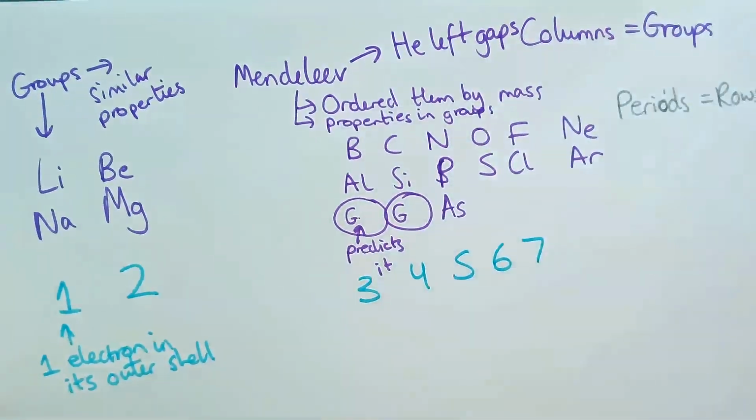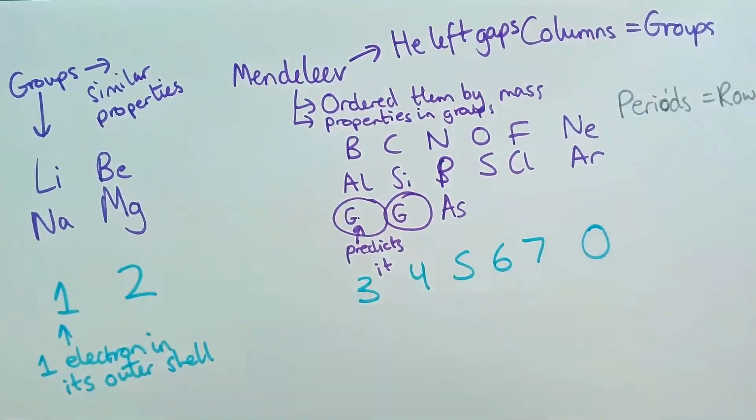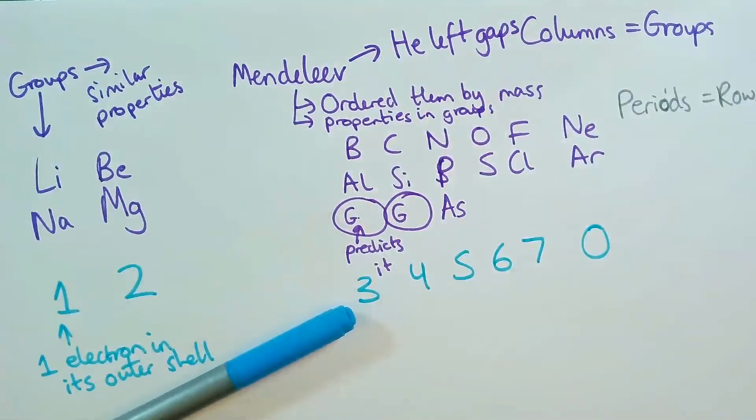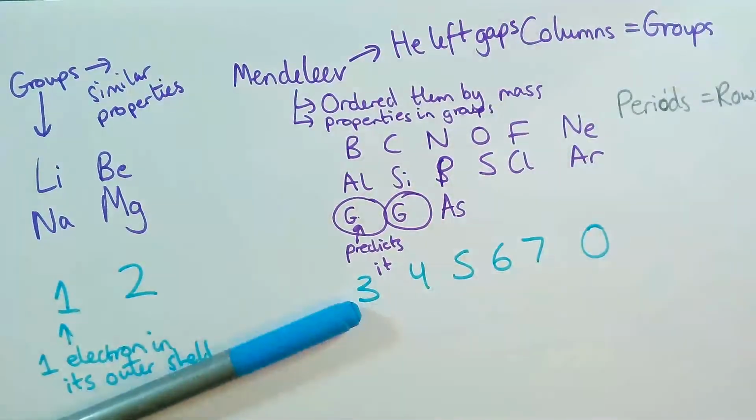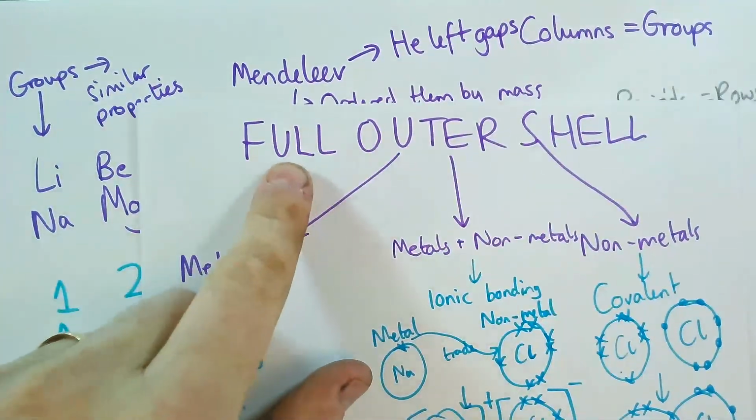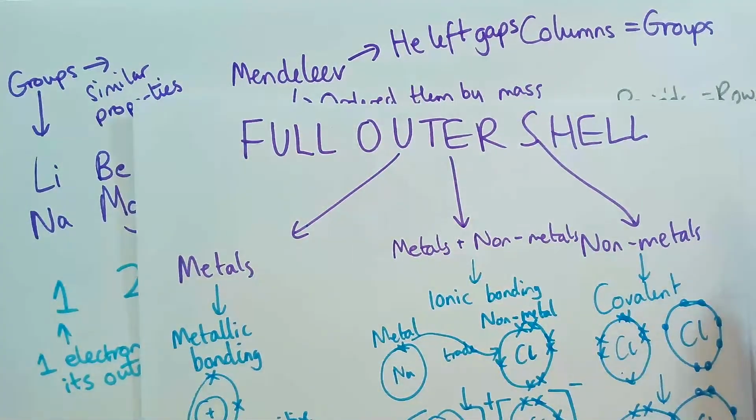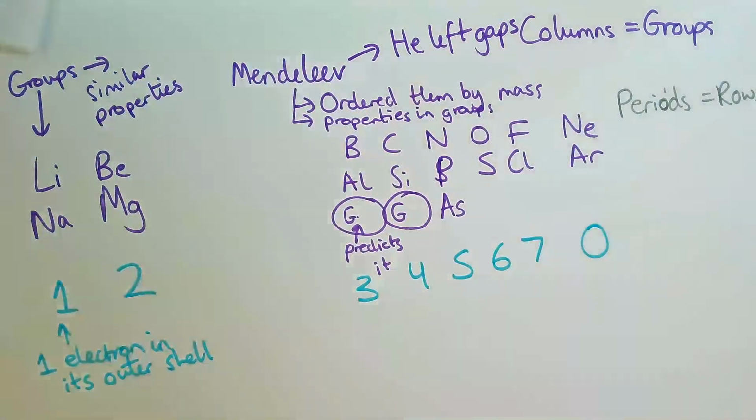Now, the noble gases do nothing. They're boring. That's because they're already full. It's like when you've had a nice meal and you're nicely full, you don't want to eat anything else. You don't want to ruin that. So when we go back to what we said with bonding, if we were looking for a full outer shell, they don't do anything because they've already got a full outer shell. All right, they just sit there.